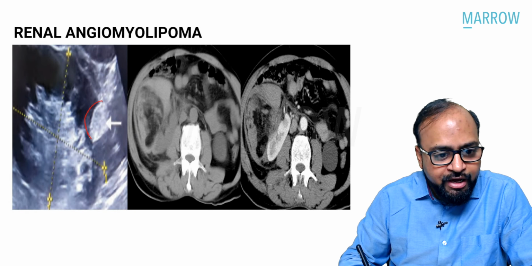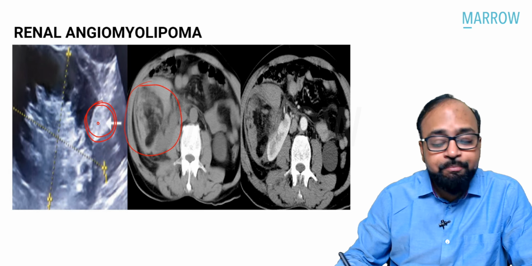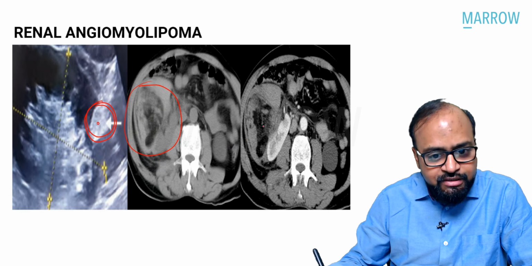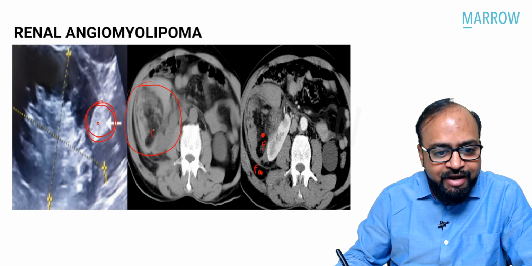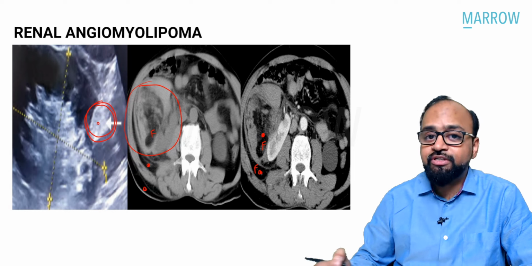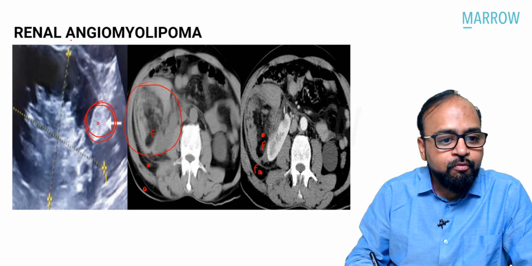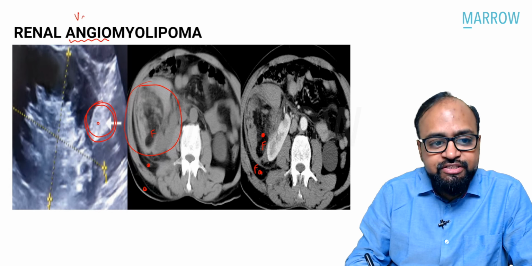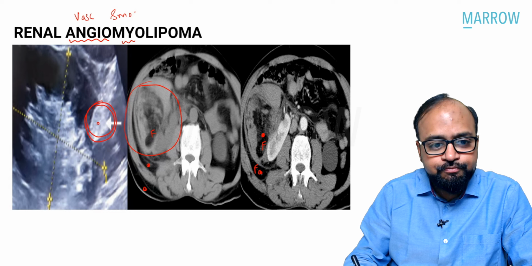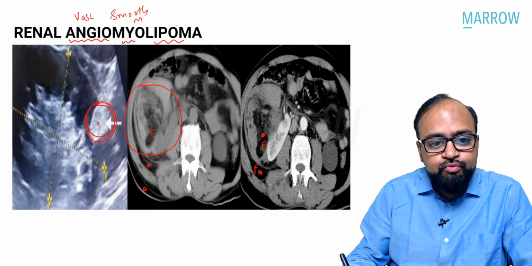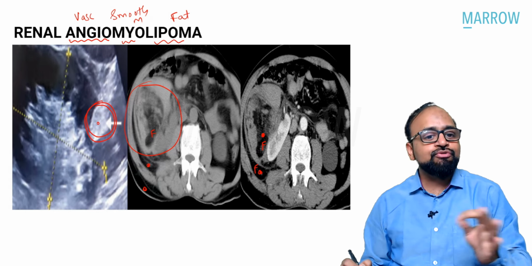If you see a bright appearing, hyperechoic appearing renal lesion on USG, and if you see a heterogeneously appearing lesion on CT, which enhances heterogeneously, but look at this central density. What is this density? It is fat density. It looks similar to peritoneal fat as well as subcutaneous fat, isn't it? So if you see fat density within a renal lesion, it is angiomyolipoma. What is angiomyolipoma? Angio means vascular tissue, so it is going to enhance. Myo means smooth muscle tissue, and lipoma means what? Macroscopic fat. So this appearance of fat density within the lesion is going to clinch the diagnosis of it being a renal